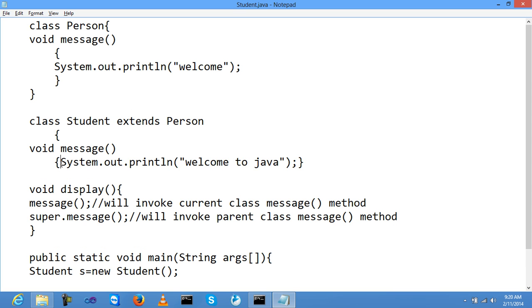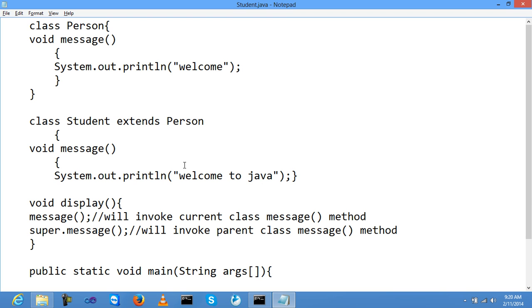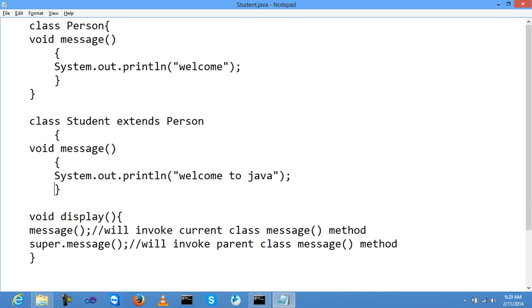This is method overriding, because the definition of overriding is to use a method with the same name and same type but in a different class, and the classes are in a relation.